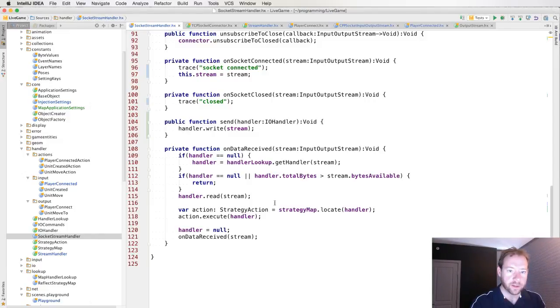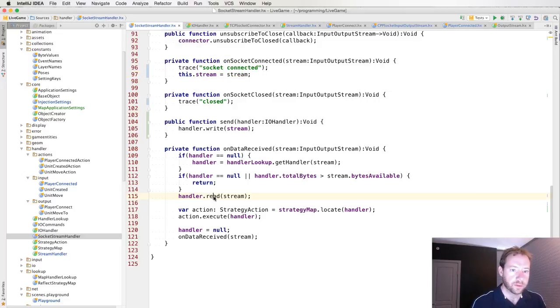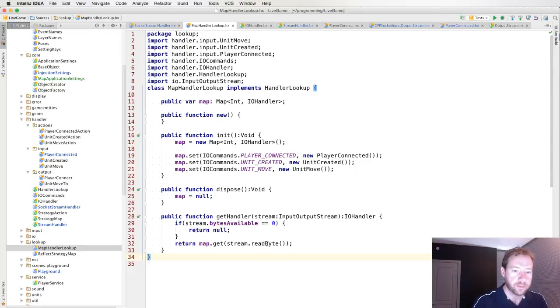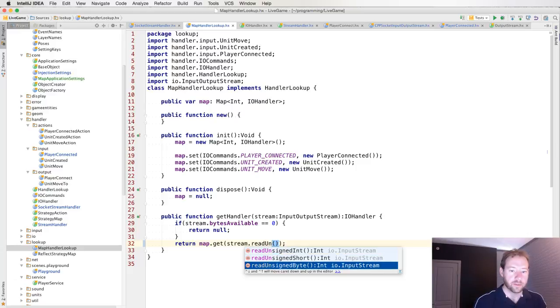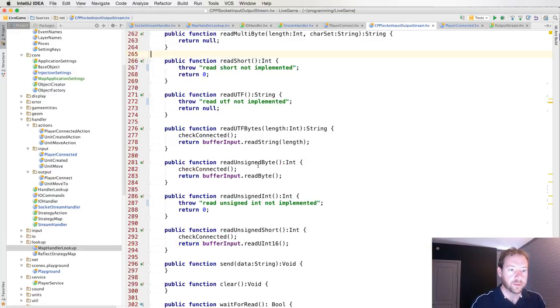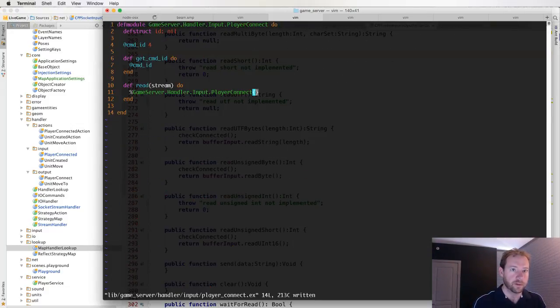Read byte. Handler lookup, stream bytes available, handler read. Handler lookup. Read byte. So there we are. There's our problem. So we're going to do read unsigned byte. And I think we have that one. Read unsigned byte. Yes, we do. So let's do that. Let's get back to where we were here, replacing our